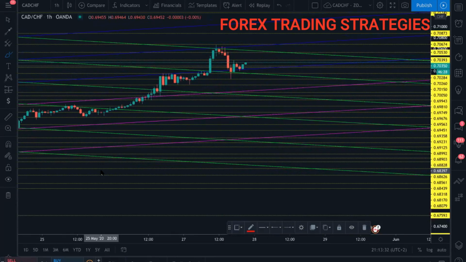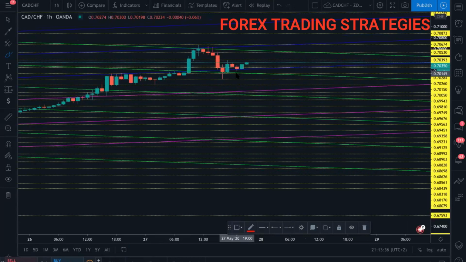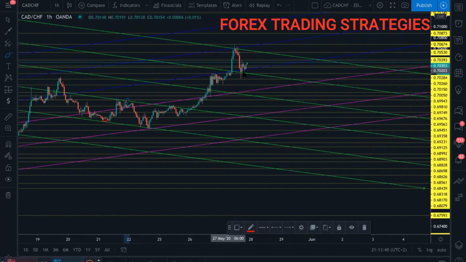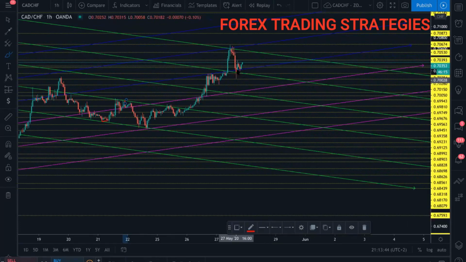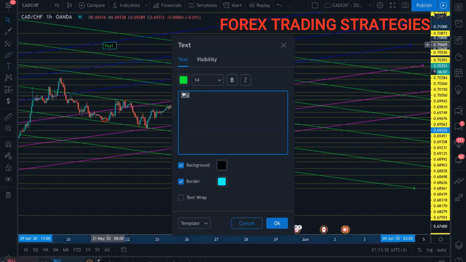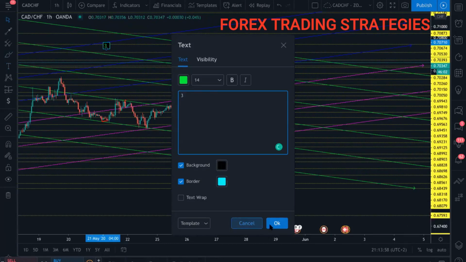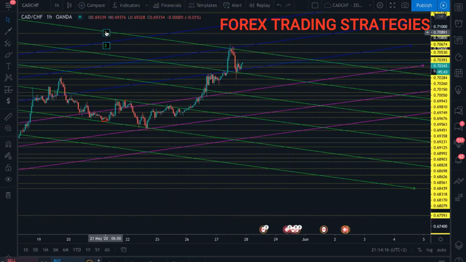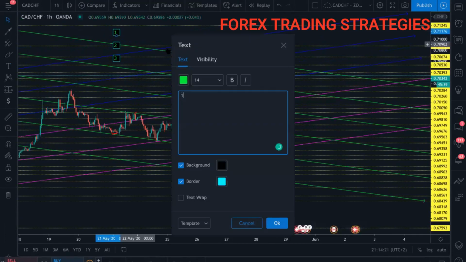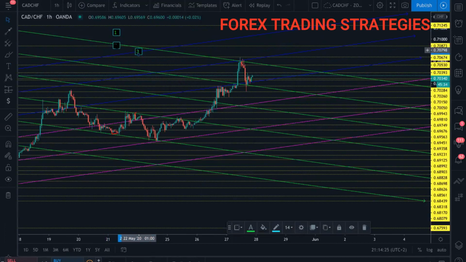Okay, so like we said, this is a good buying opportunity for your CADJPY because you have your ascending channel, the blue one, and it failed to break it. So obviously, if it fails to break this channel, it will go here. Remember, we said we number these things, right? This is numbered 3, this is 2, and the other one is numbered 1. So if the price fails to break 1,